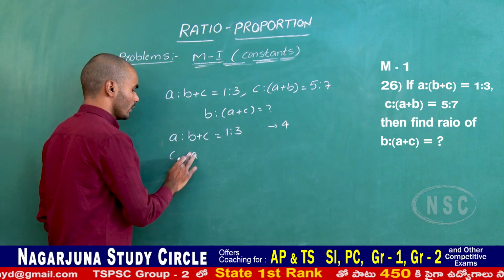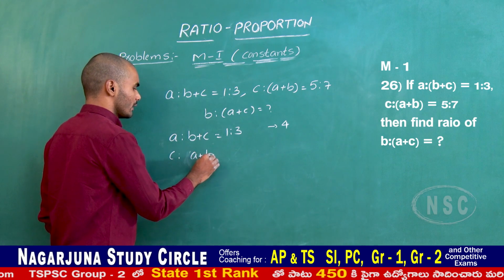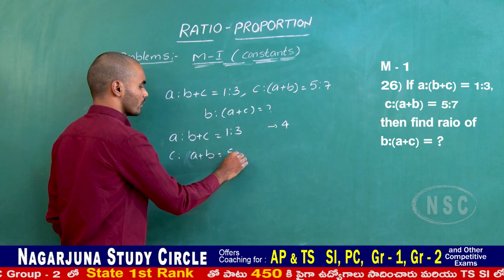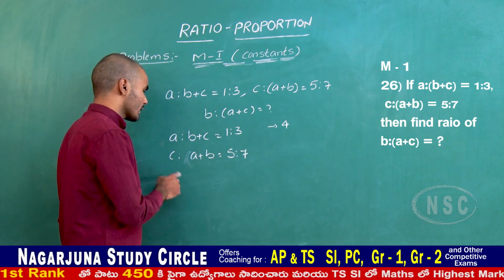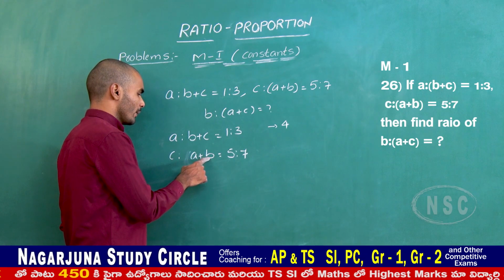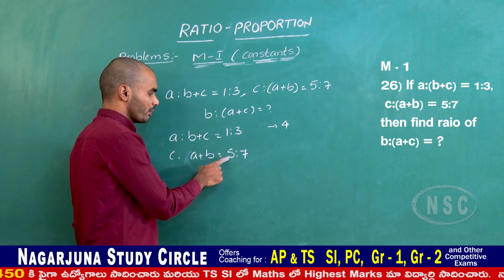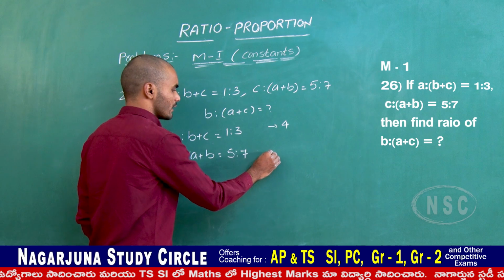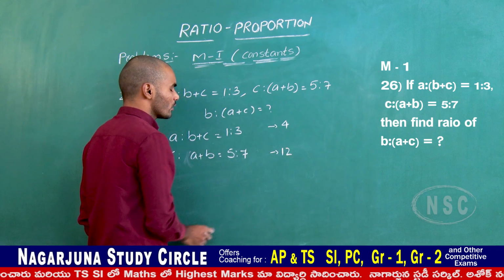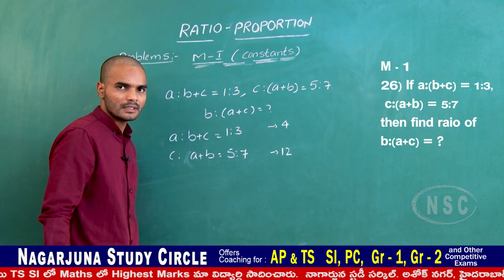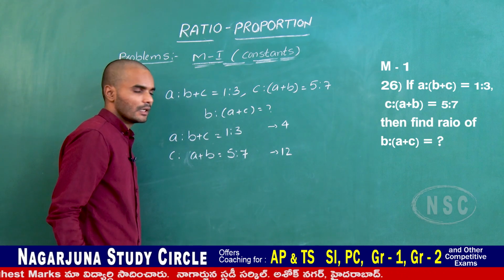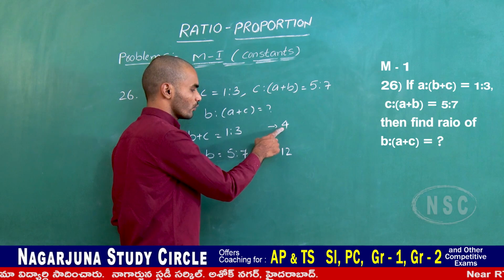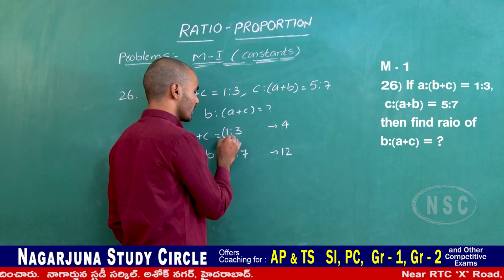And C is to A plus B is equal to 5 is to 7. Just the sum of A, B, C means 5 plus 7, okay, this is 12. We want to change it to the same sum, so the ratios change. That means this is 12, this is 4. We multiply this one into